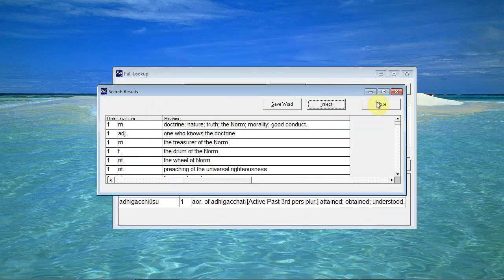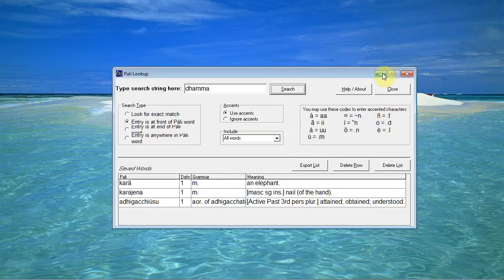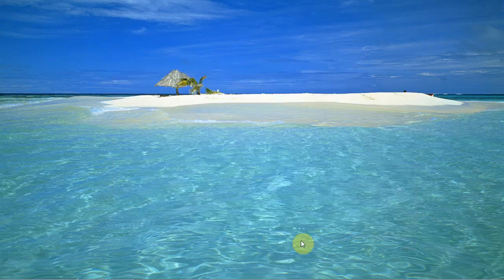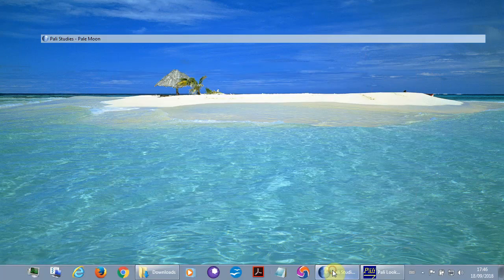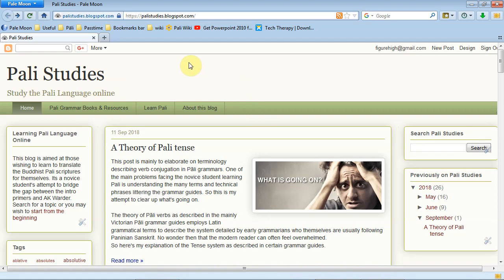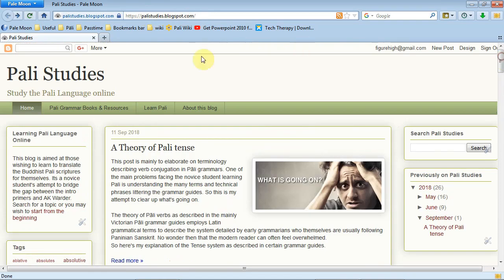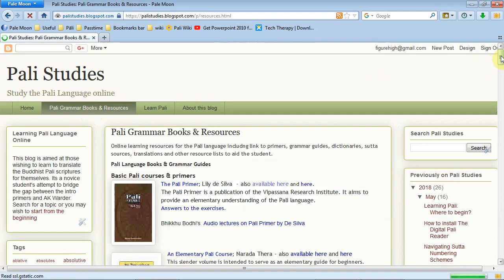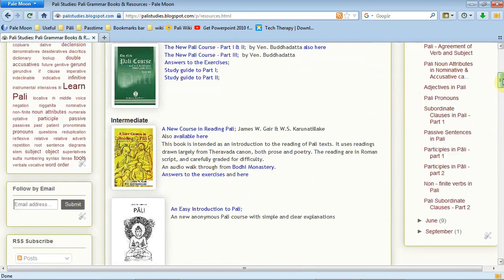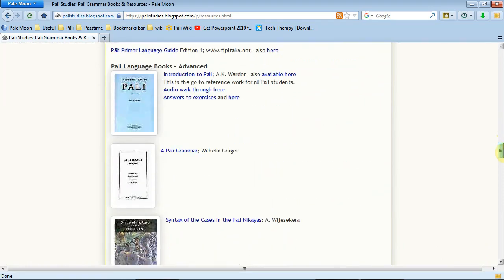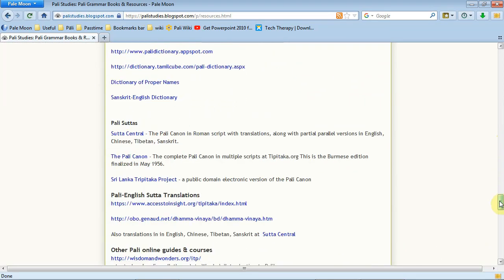Now we're going to work through this. First of all, we're going to start with how to install it. So for this, we're going to look at my website, which is Pali-Studies.blogspot.com. There's lots of useful information there about Pali for anybody who studies Pali, and if you go to the books and resources page, here once again are listed several grammar guides and various information for learning Pali, and right down at the bottom